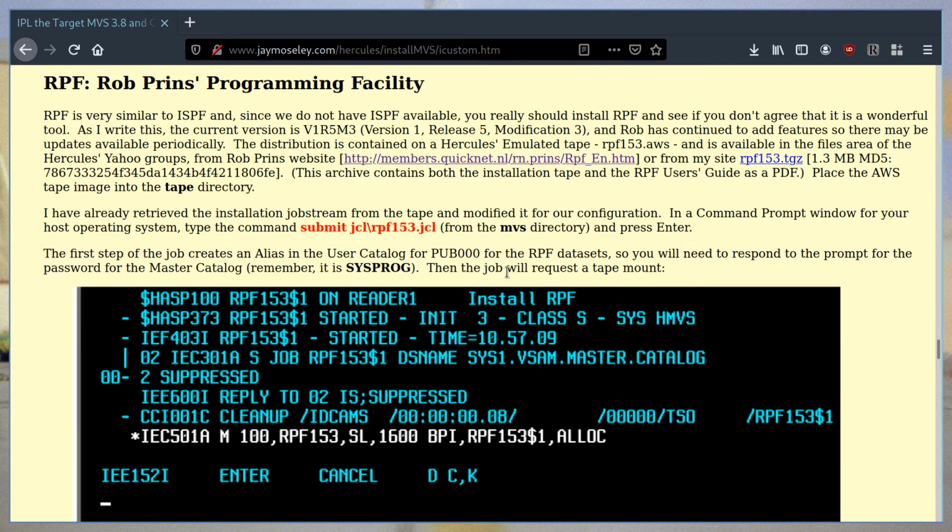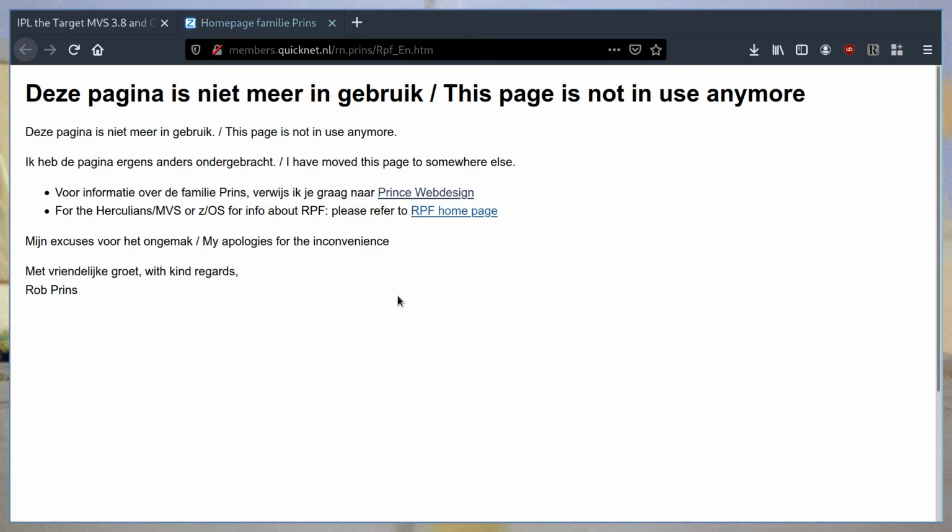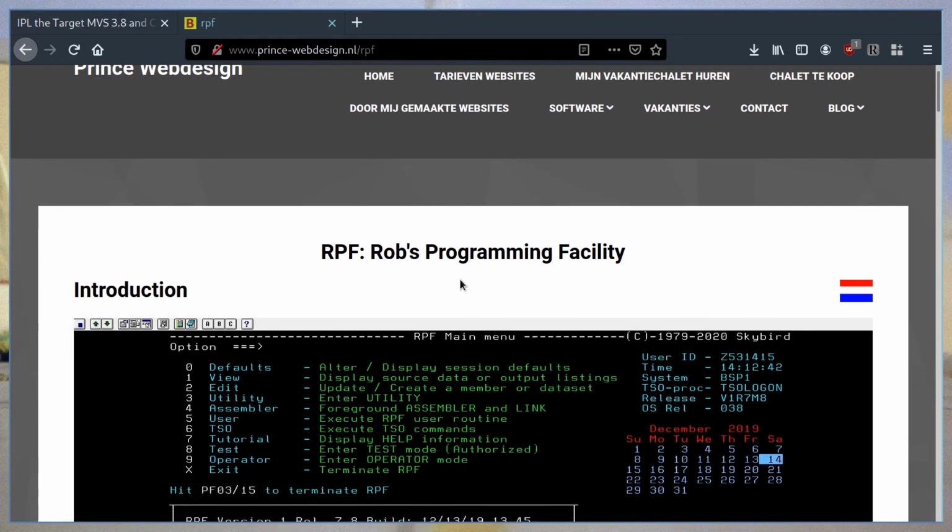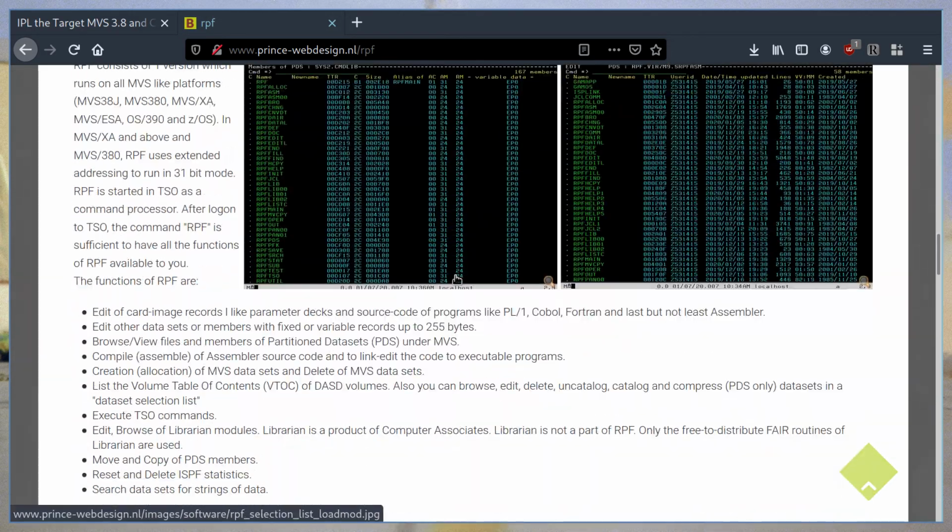Okay, perfect. So the next thing the instructions have us do is install RPF, Rob Prin's programming facility. This is an ISPF-like editor, and we have a job stream here to install it, but this installs version 1.5.3. If we look at the website for RPF, which has moved, we'll follow the link to that. We're now up to version, scrolling,